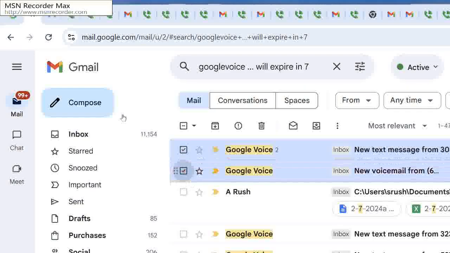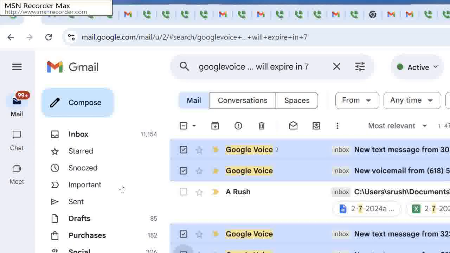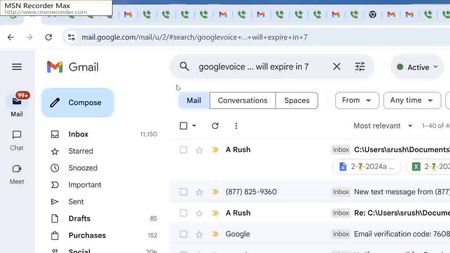the keyboard is so bad. Google will expire in, put the number 7 and press return and pray.